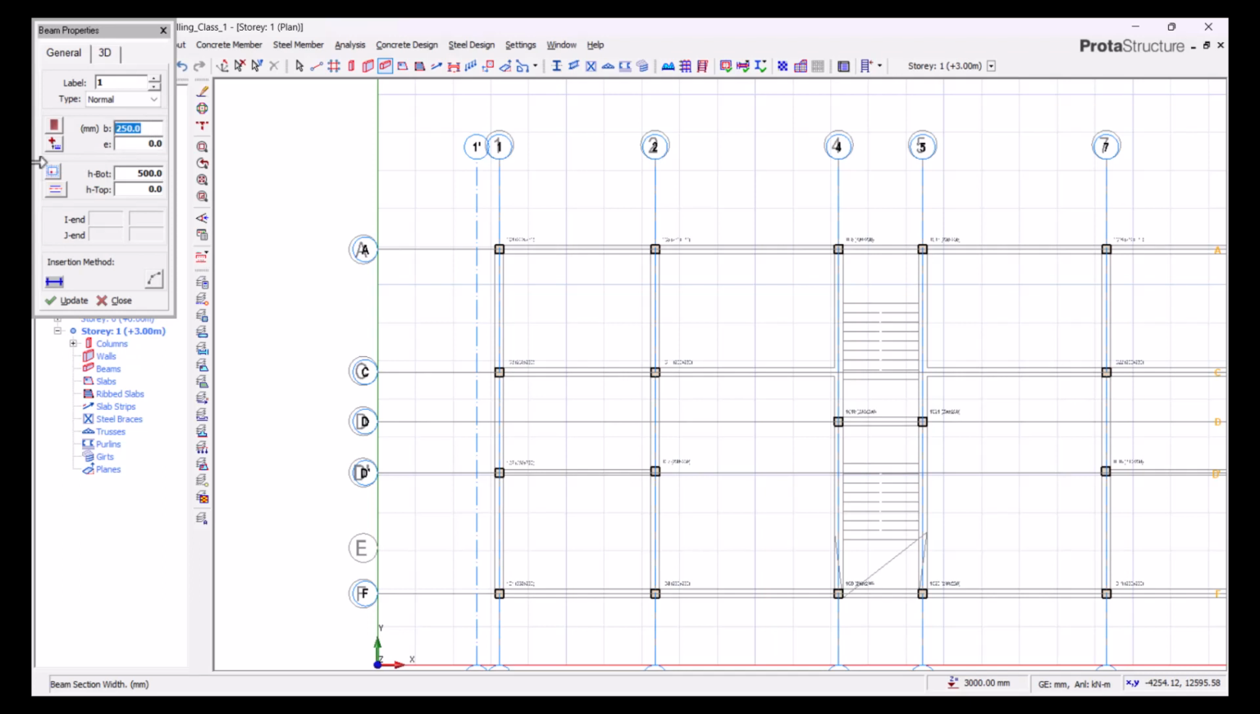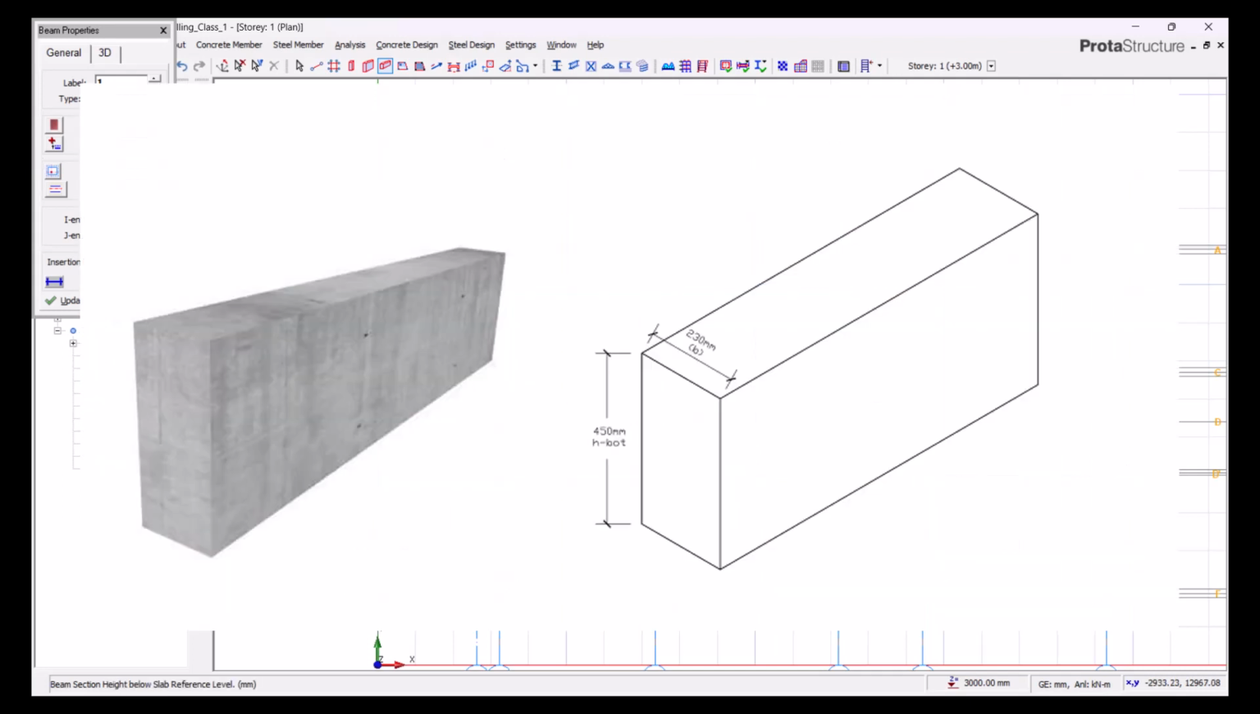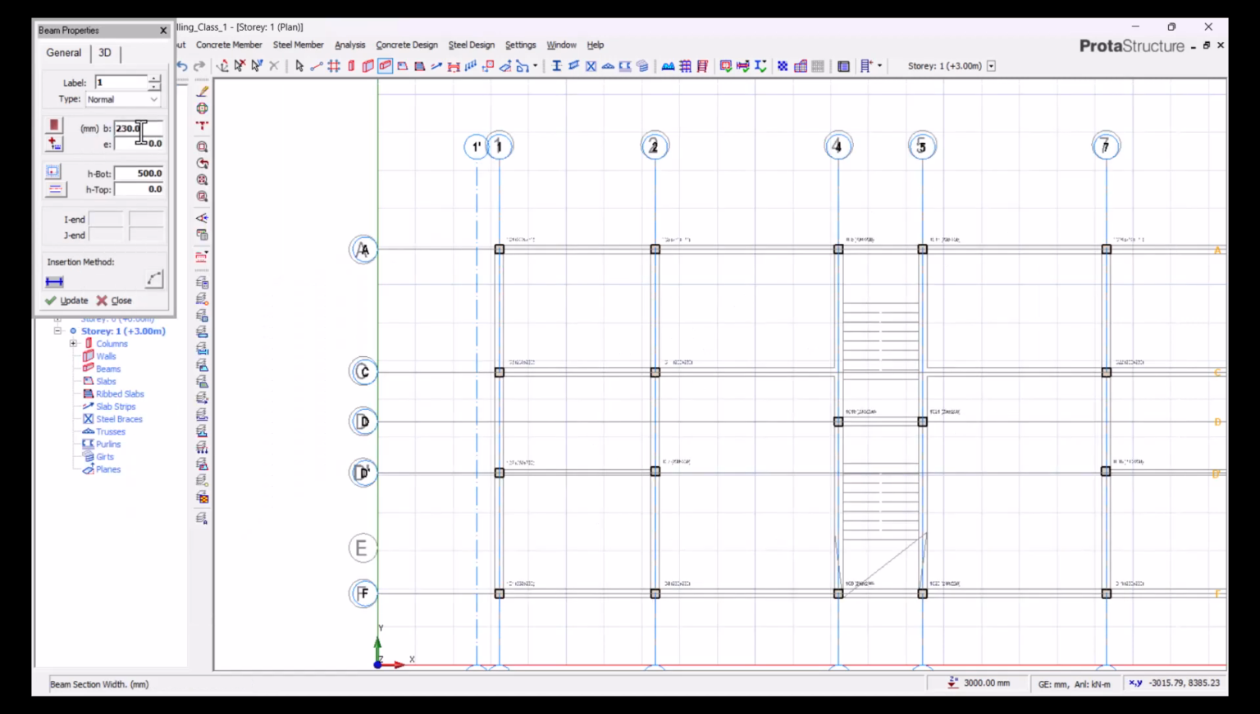So I will change this to 230 in width, and this H port is talking about our thickness. If you look at this diagram here, this is what we are talking about. This is the thickness of the beam, while this is the width of the beam. So I want to use a 450 thickness. I'm going to stick with 230 for the width of my beam, while for our thickness, the preliminary size, I will go with 450